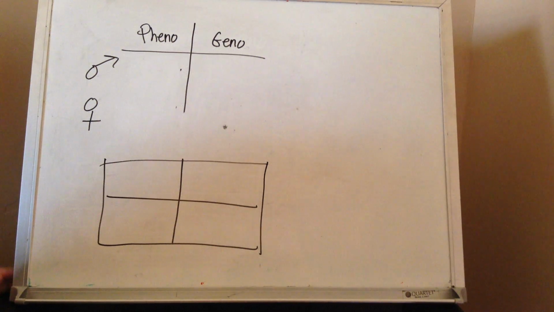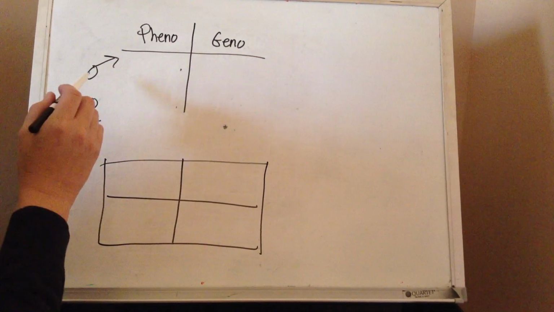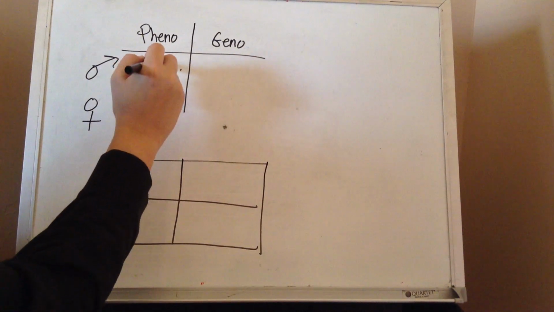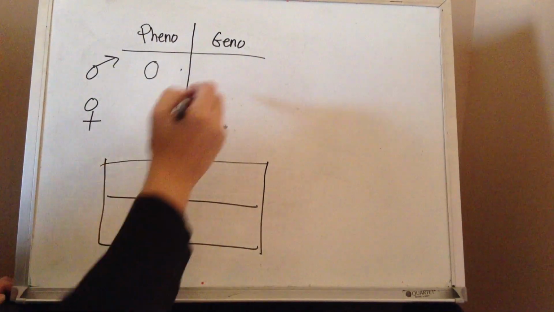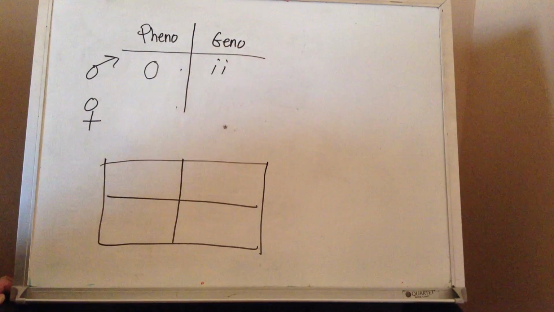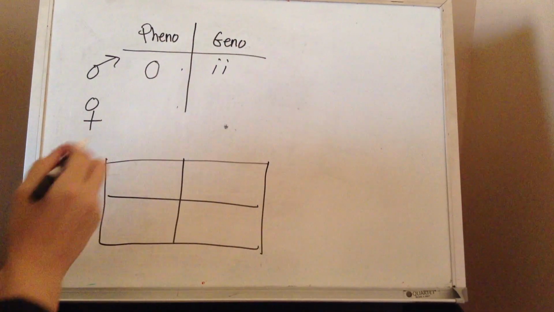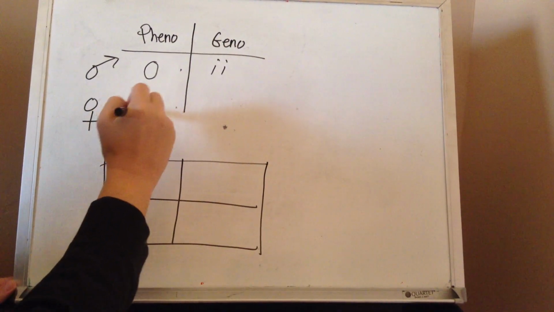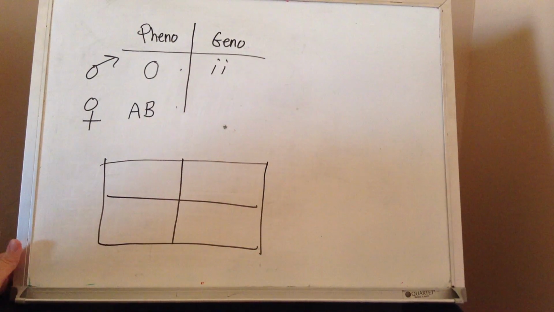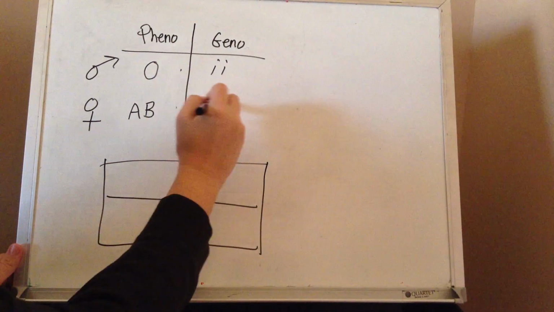This video will walk you through a monohybrid and a dihybrid cross. The first cross we will do is a monohybrid cross for blood type. The male's phenotype will be type O. His genotype will be little i, little i. The female's phenotype will be blood type AB, which will then make her genotype